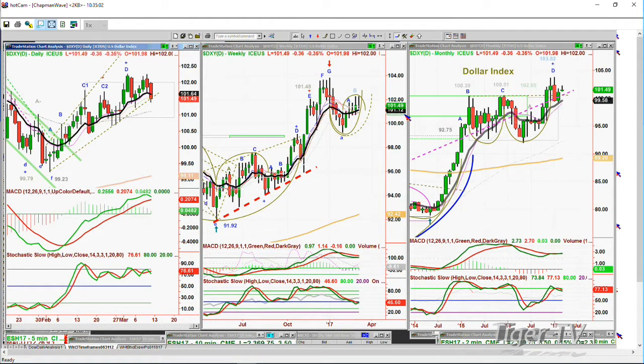Will it revert to the arch? And that's the big question for me going into a week from today. Next Friday, I think by next Friday, we're going to get a lot of clarity on many things, and I'll show you why. If the dollar breaks under 100.50 over the next week or so, then what's going to happen is we'll see what kind of strength is left in